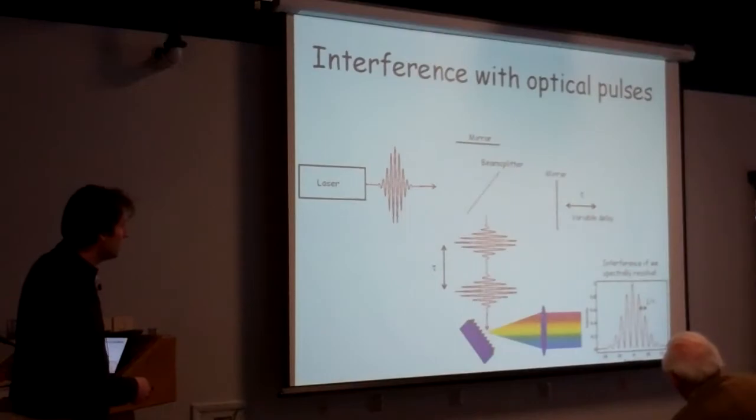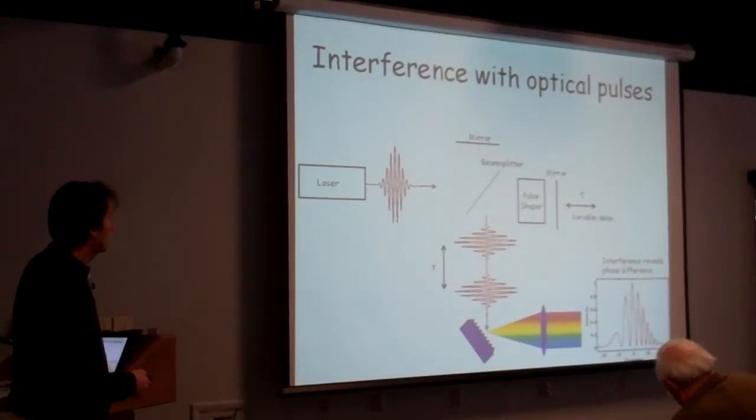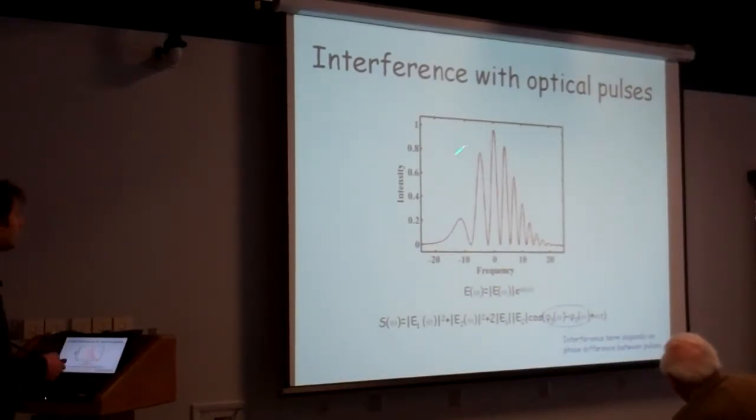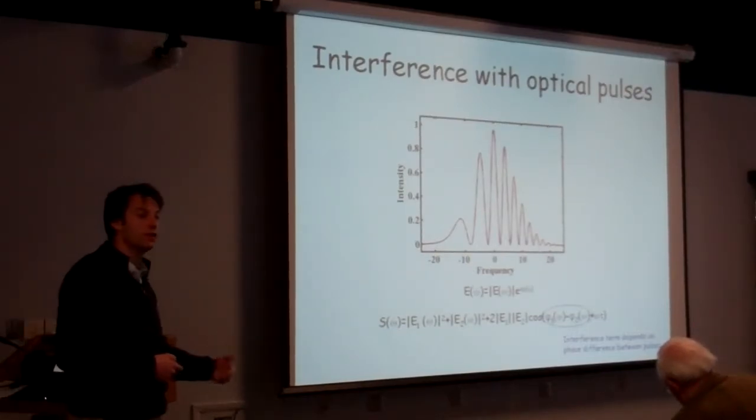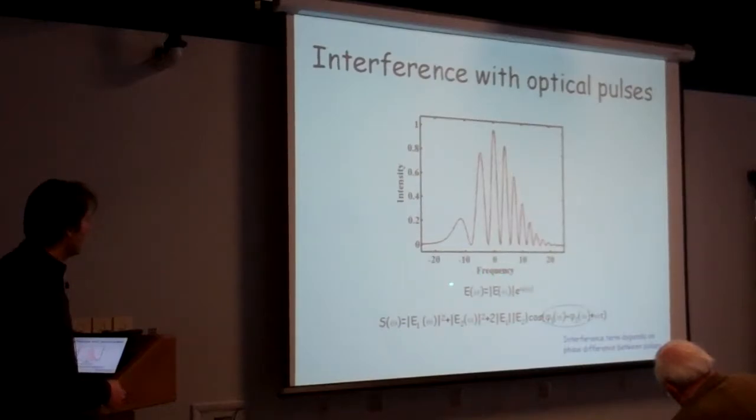Okay, so you see that the spacing between the fringes here is regular, and then it becomes irregular here as I put some sort of shape on my pulse. And so I have this irregular fringe spacing here, and what I'd like to do is use that fringe pattern to recover the phase of the unknown or the shaped pulse. Okay? If I represent my field in the frequency domain in terms of an amplitude and a phase,